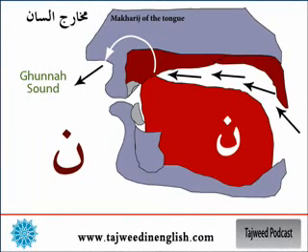So let me recap what I have said: with the nun sakina, whenever the flowing of the air goes this way, the tip of the tongue hits behind the incisors. The air does not find where to escape. Of course, it escapes from the nostrils and makes that sound of the ghunna. And this is the mechanism, the first part of the nun: the tip of the tongue has to hit the roof of the mouth, just behind the incisors. Then the second part of the mechanism is the sound produced by the nostrils.